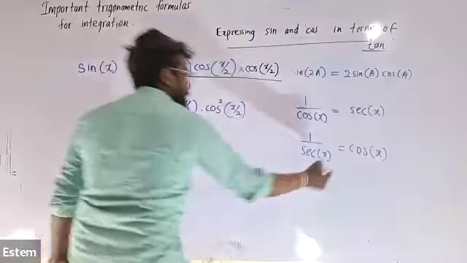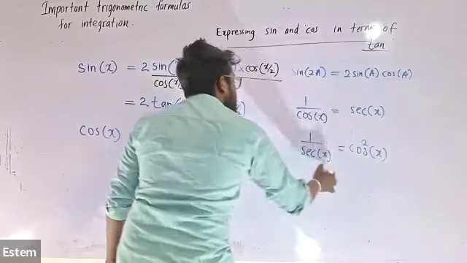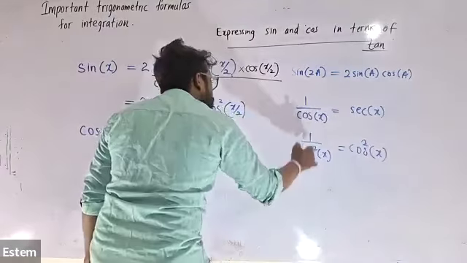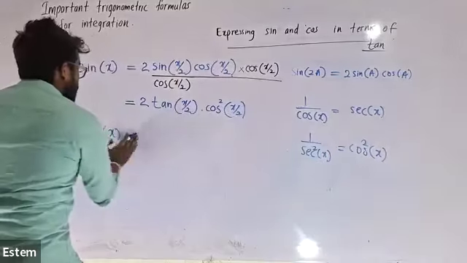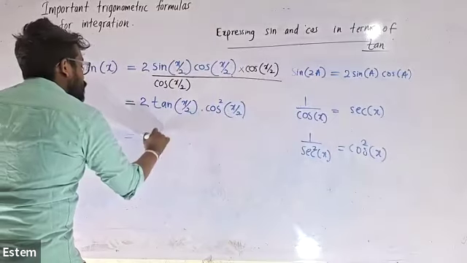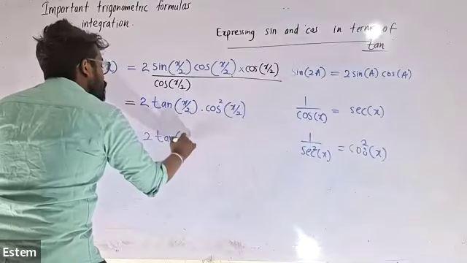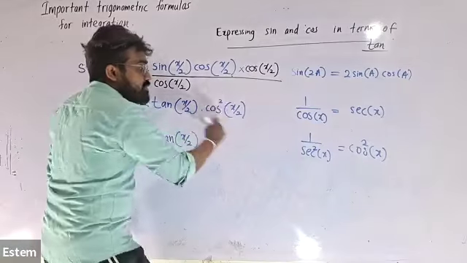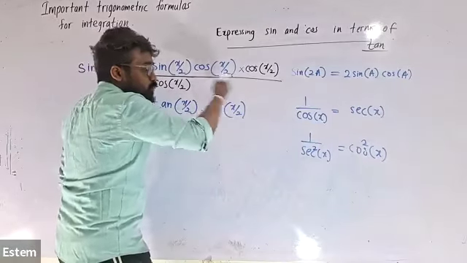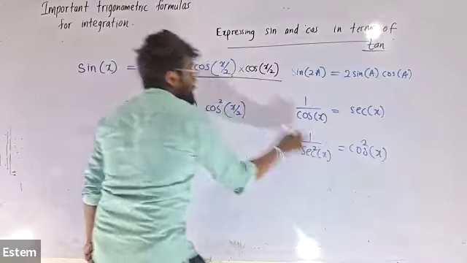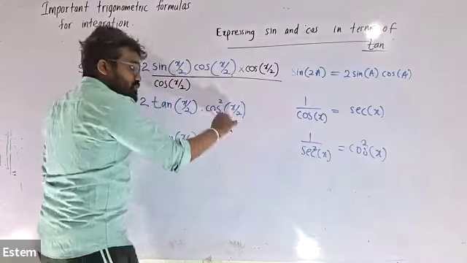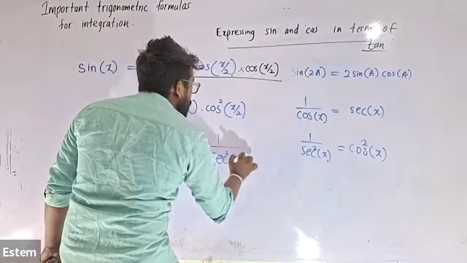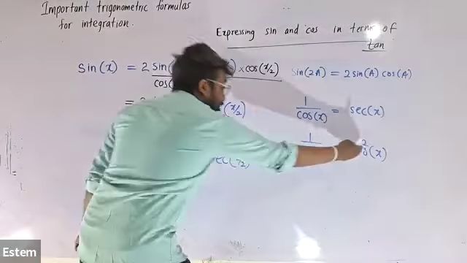Then cos squared x is equal to 1 over sec squared x. Then what happens? 2 tan x over 2 multiplied by, I replace this cos squared x over 2 by 1 over sec squared x over 2. In this way,